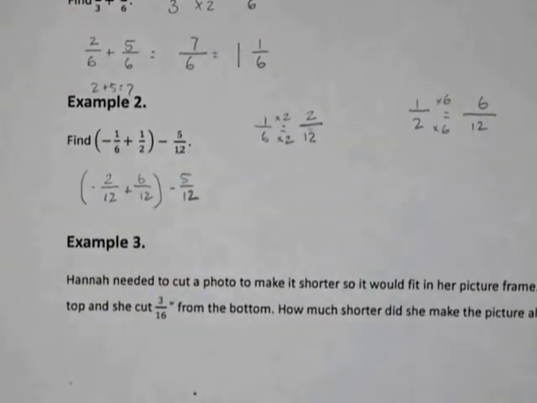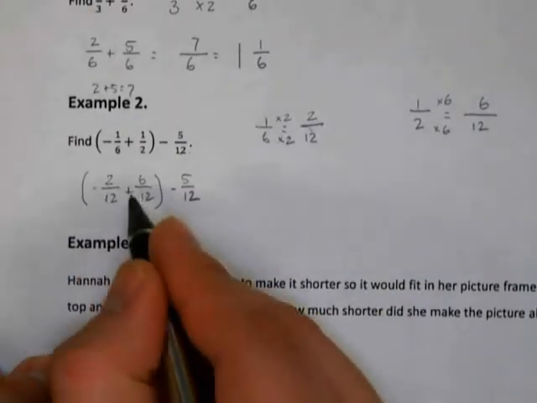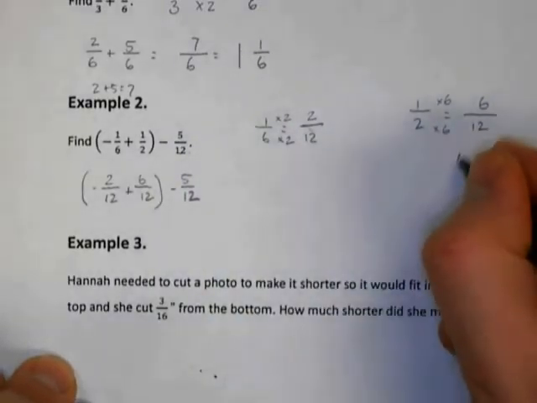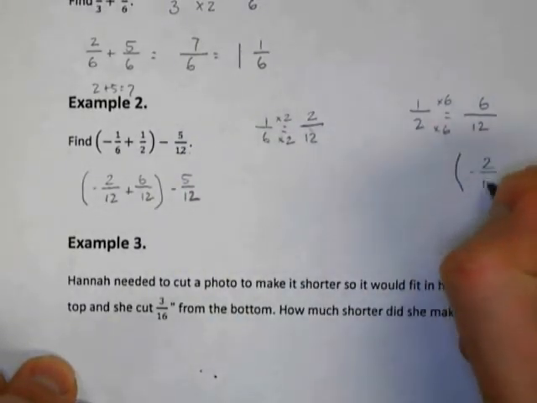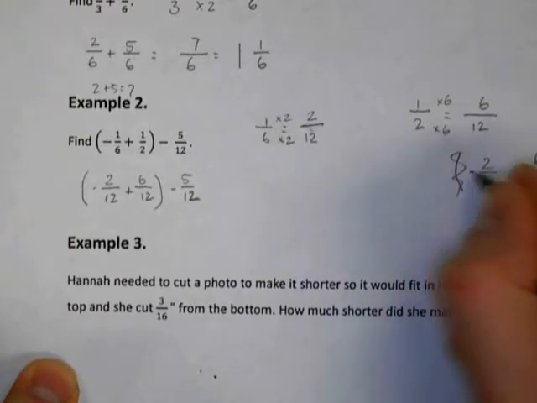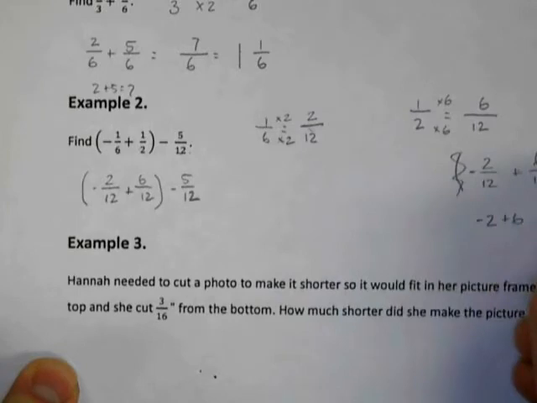Okay, so the first step is we have to do what is inside the fractions first. So we have negative 2/12 plus 6/12. I'm going to write this over here. We have negative 2/12 plus 6/12. But we know that's going to equal something with a denominator of 12. And we're just going to take these numbers now and add them like we would any sort of integers. So we have negative 2 plus 6. Well, if I start at negative 2 on the number line and go over 6, that's going to equal